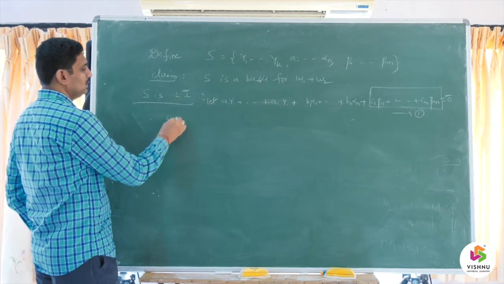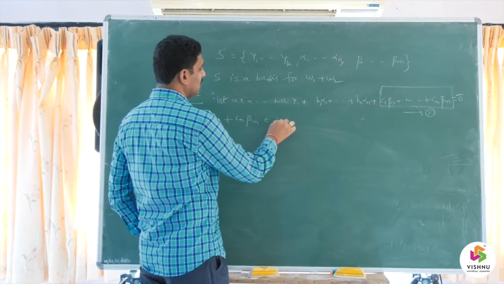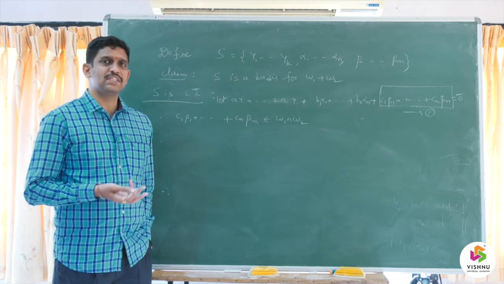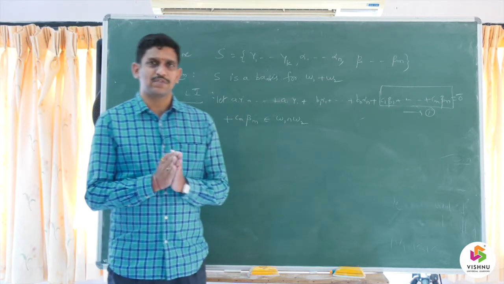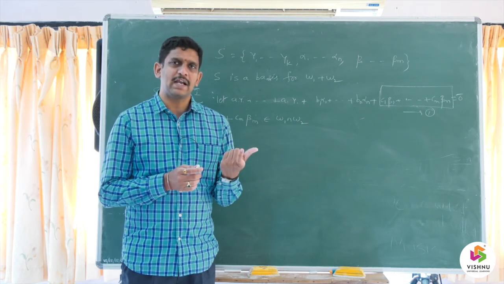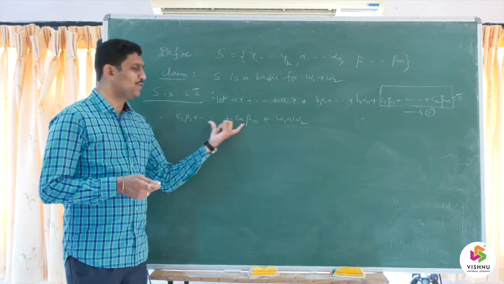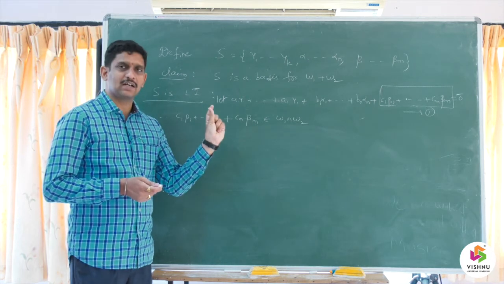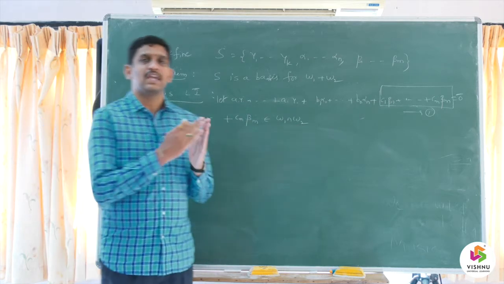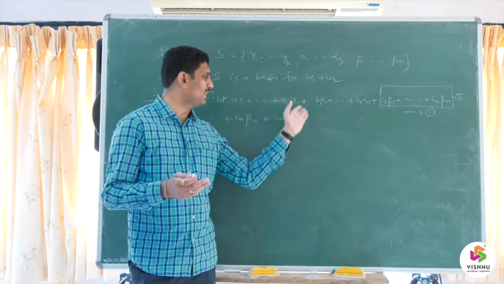Therefore, what you got? C1 beta 1 plus so on plus Cm beta m belongs to the intersection. As we know, the intersection contains a basis which is B. Again understand what is the purpose of a basis. Whenever you call it a basis, every element can be represented as a linear combination using basis elements. So if you simplify this expression, it is nothing but a vector. So this is a vector in the intersection. So every vector can be represented as a linear combination of the basis for that vector space.